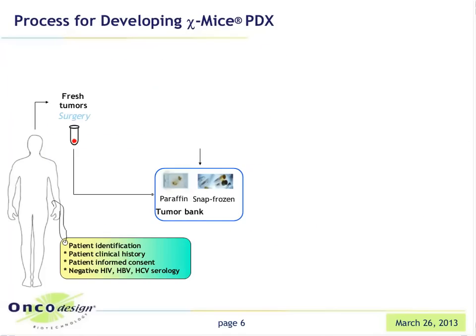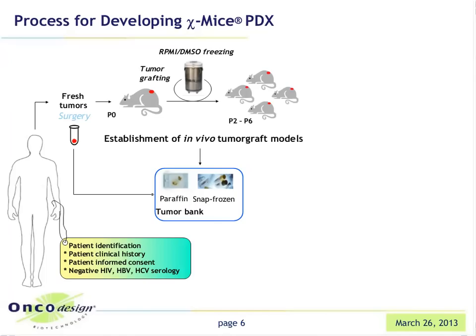Here is a more detailed slide about the process, how we develop the chemotherapy. So we have identification of patients, so it's a direct network with our surgeon that they will collect all the patient clinical history. Of course, a full informed consent of the patient, and there is a serology. We collect the fresh tumor. We have samples from the patients, and then we engraft them on the first 3 mice usually, and we do